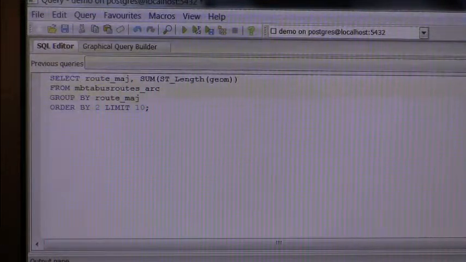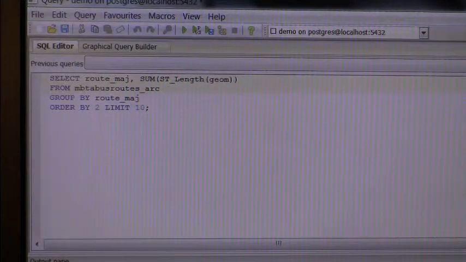I didn't believe this result, so I looked it up. And 746 is some secret code for the Silver Line that's under construction. So that's why it's really short. But